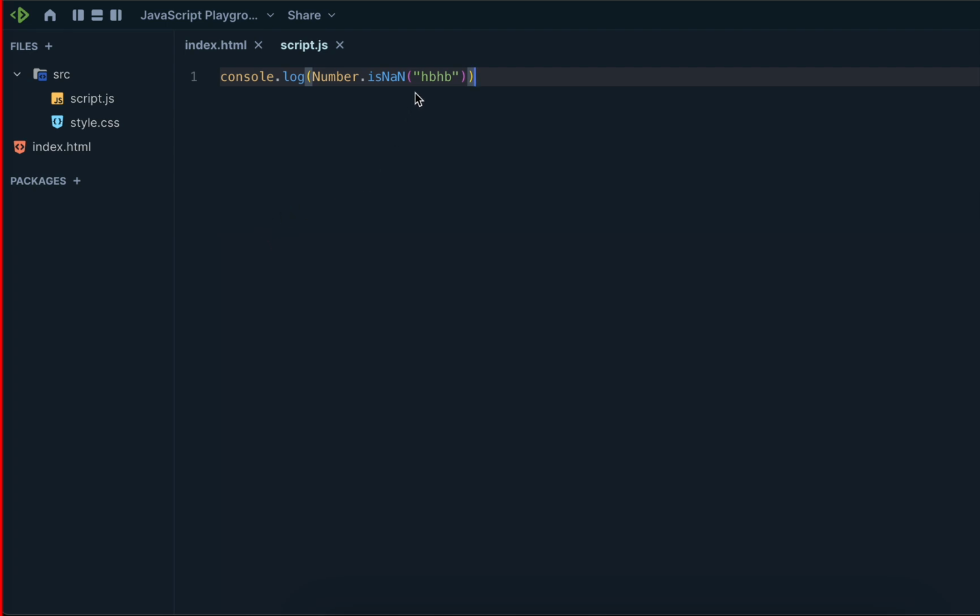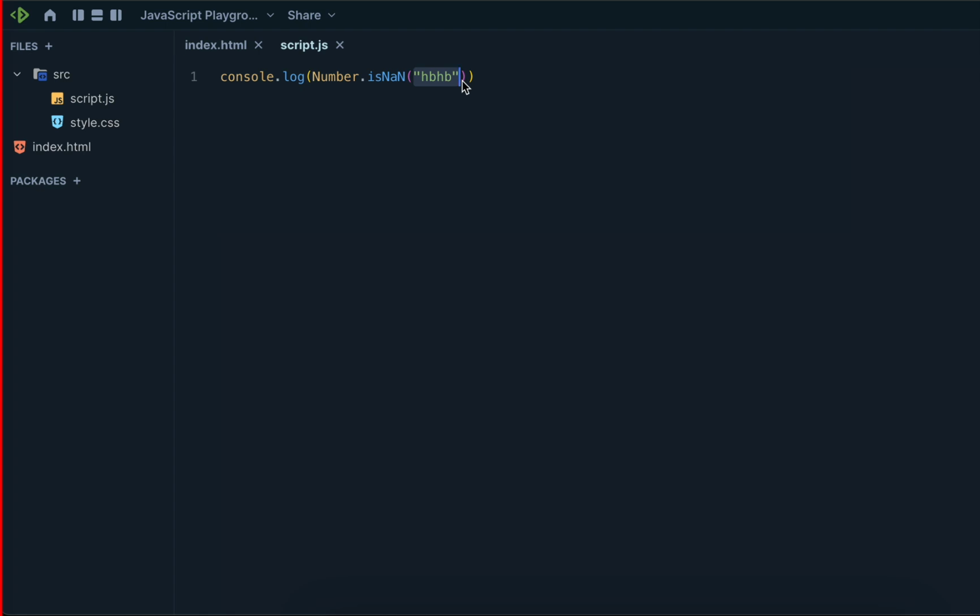The string is not a number. It's checking that it is not a number. What will the output be for that?